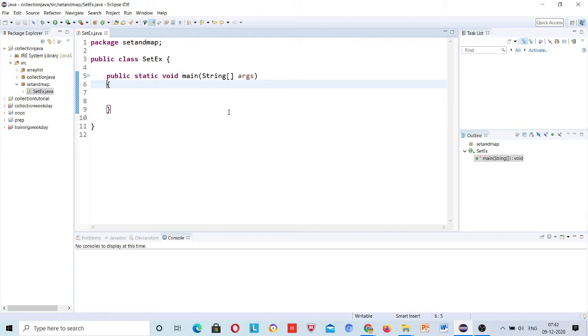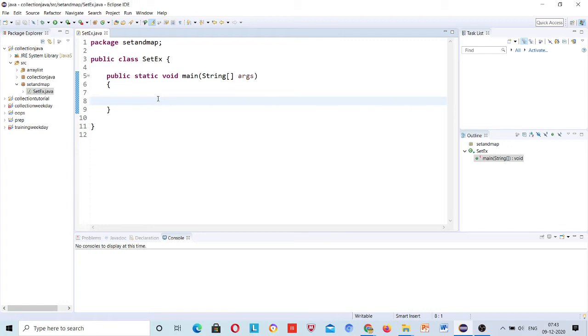We don't need to compare set with array, but we need to understand when to use the set. Sometimes we don't have an option to choose, because we don't know the reason we should use this particular set or that array list, right?